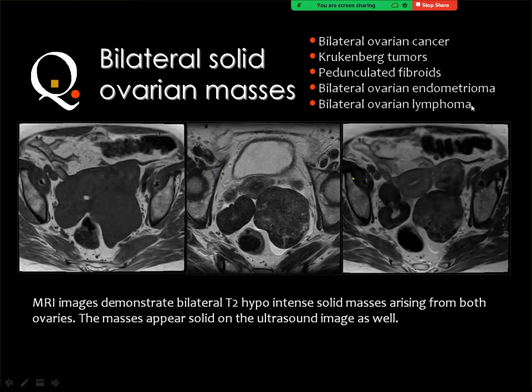And you know, ovarian lymphoma is somewhat rare. Ovarian endometrioma may have a cystic appearance, clearly identified, not like this. And pedunculated ovarian fibroids from the uterus may be, and Krukenberg and bilateral ovarian cancer. Then